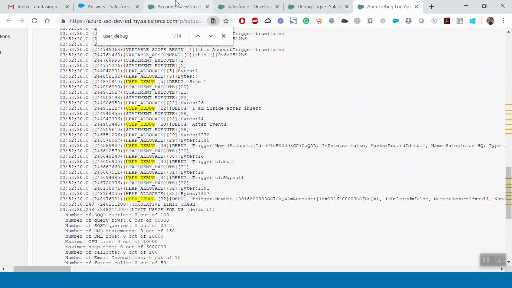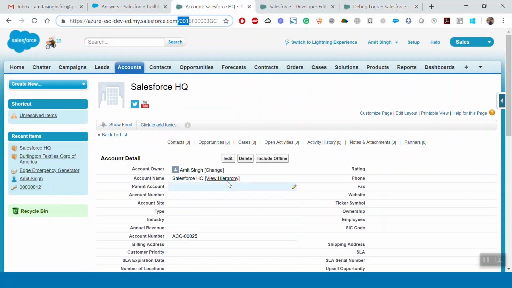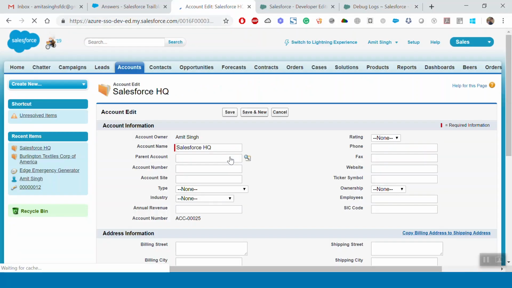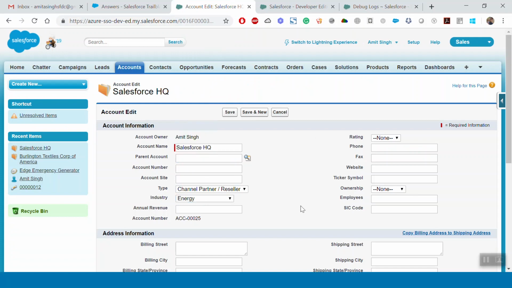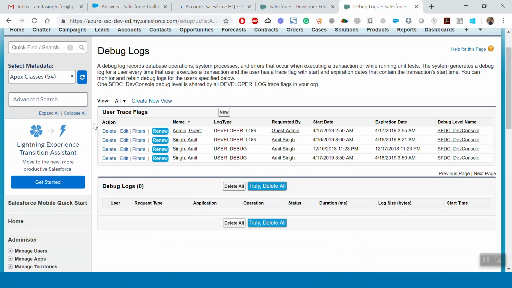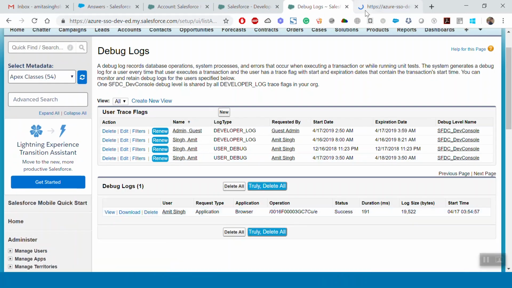Now let's delete this debug, and we will update that particular account record, and now we should be able to see all four context variables, new, old, old map, and new map, in case of either of the events, either before or after. So let's save it, go back to our developer console window, click on the refresh button. Sorry, it's the debug log window. Open this,